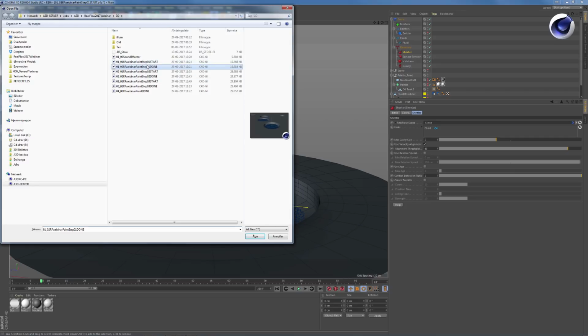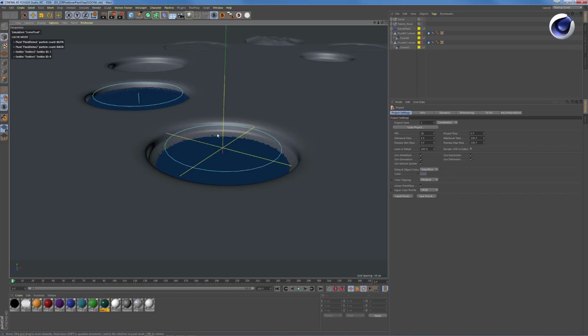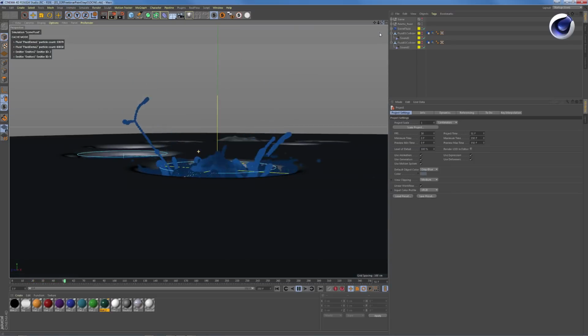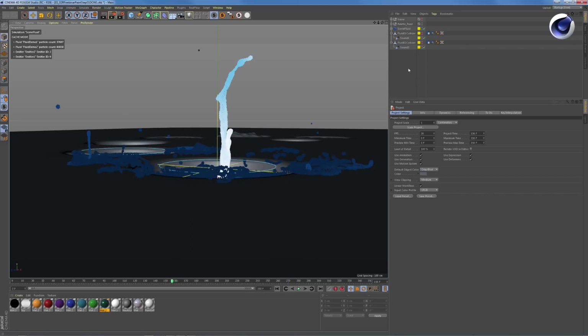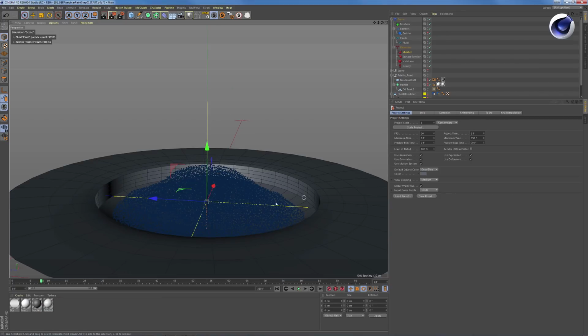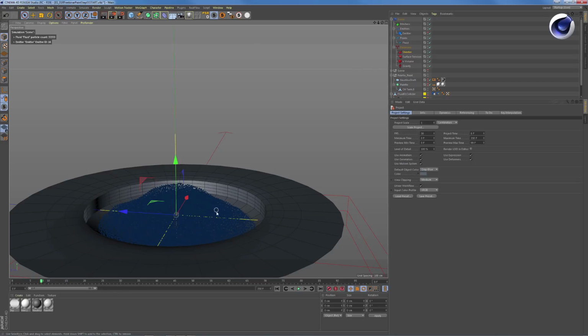I can just open the done file here. This is the file after we've worked with it and everything's been cached. So you get this movement here of the first paint well. Okay, let's just go back to the other file, because let's say we are done with this one. We can go out and see the parameters on the final, or the done file I just showed. But we'll want to